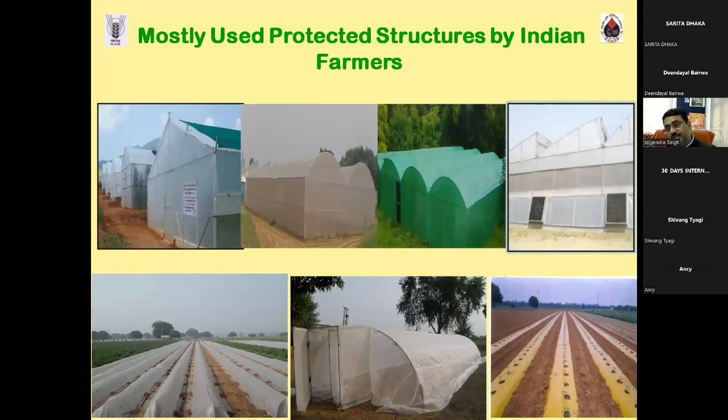These are the components of protected cultivation. And these are designs and these are the features, these structures are unique under protected cultivation technology. These are beneficial for the farmers and